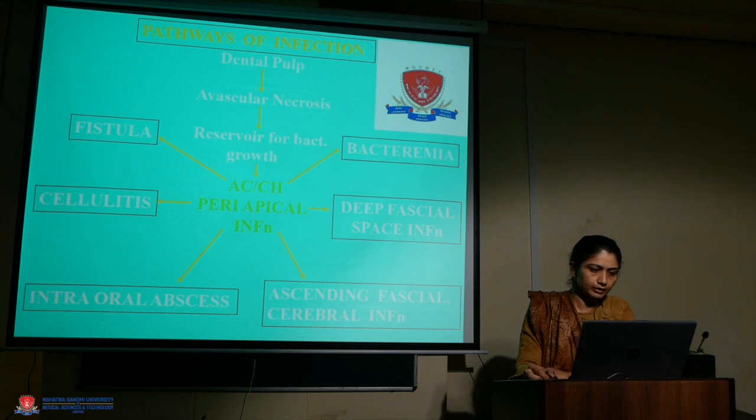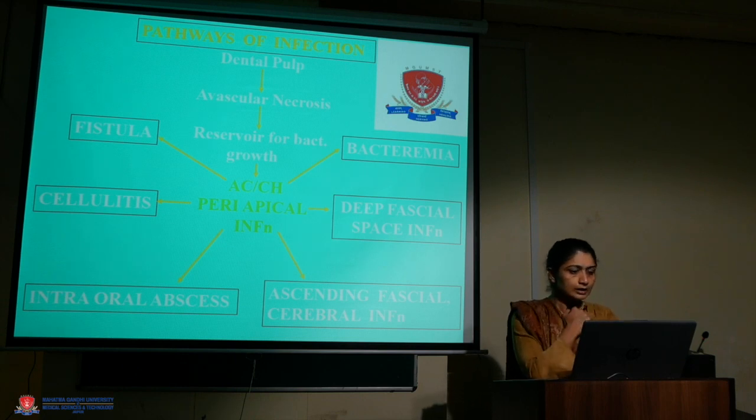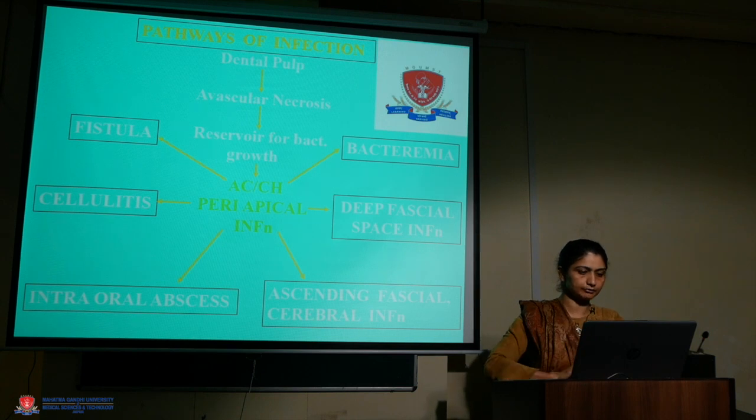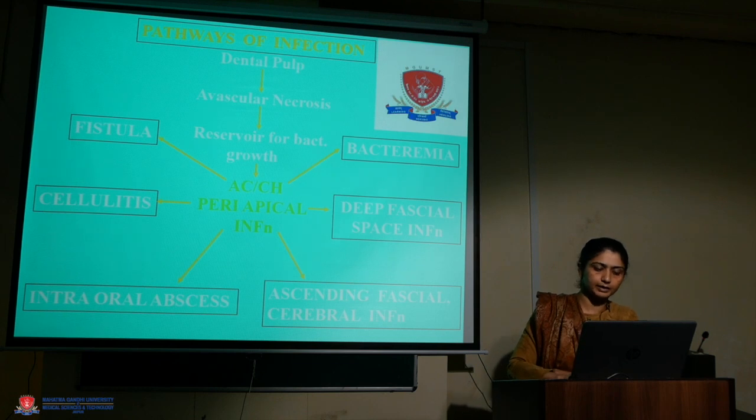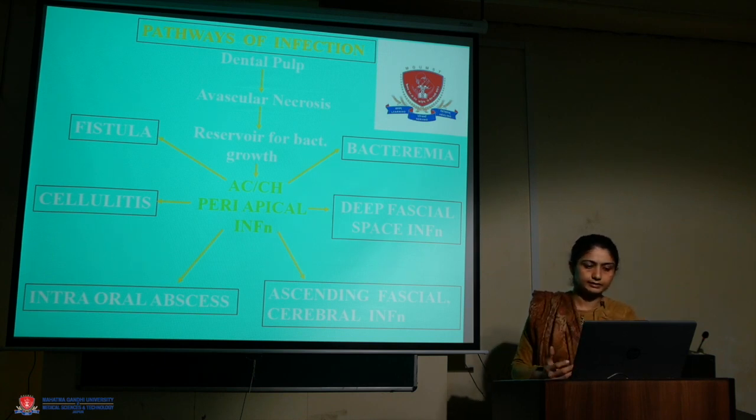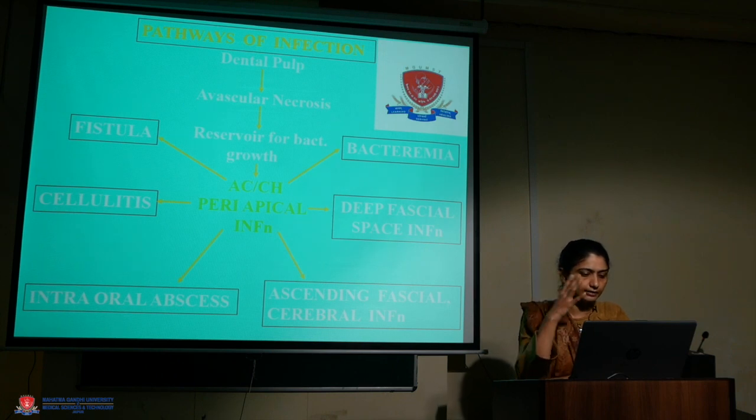So this is the pathway of infection. If there is a periapical infection, it started with normal caries that causes avascular necrosis of the pulp, and that necrotic pulp will act as a reservoir for bacterial growth, and it will reach into the periapical area of the tooth. Now this can form a fistula, can lead to cellulitis, that is the generalized swelling,